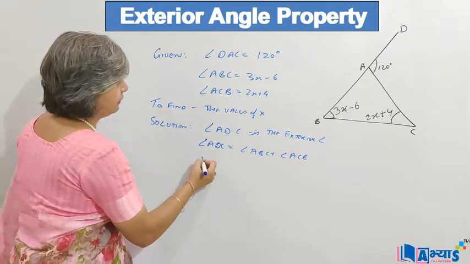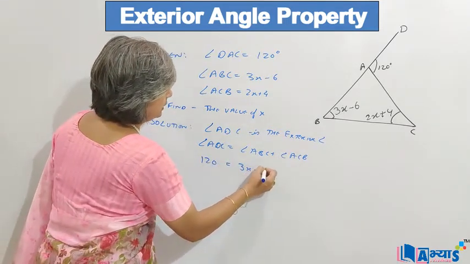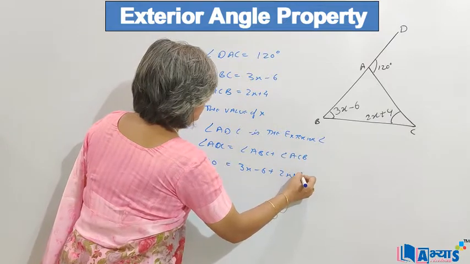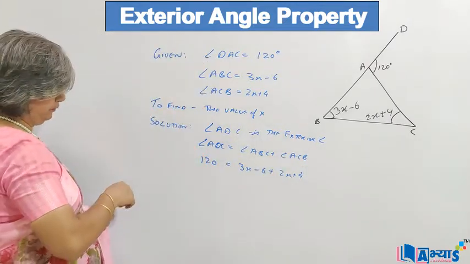So we can say that 120 is equal to 3x minus 6 plus 2x plus 4, and on solving we will get